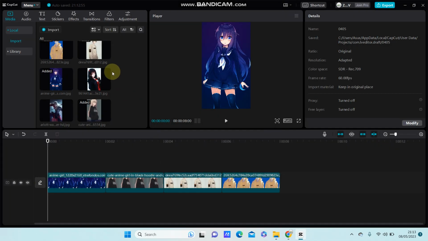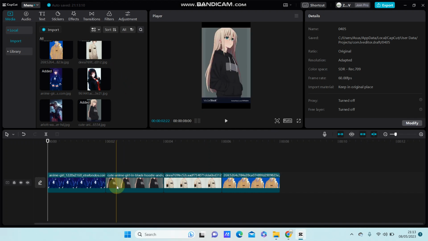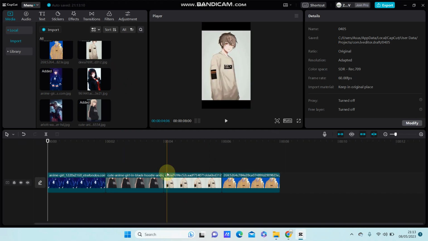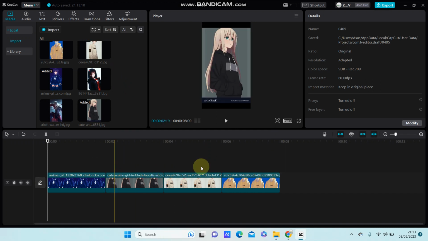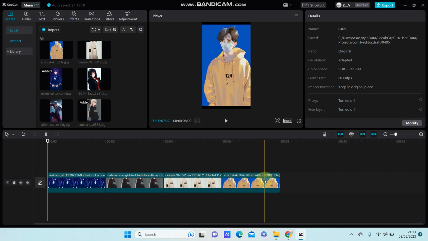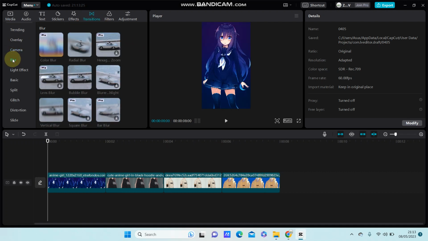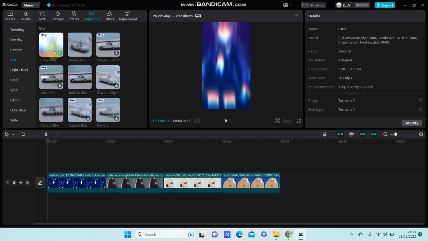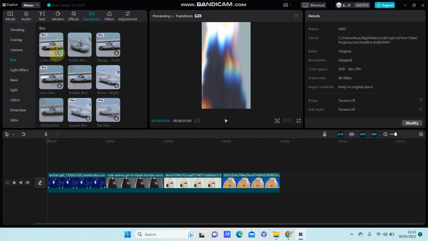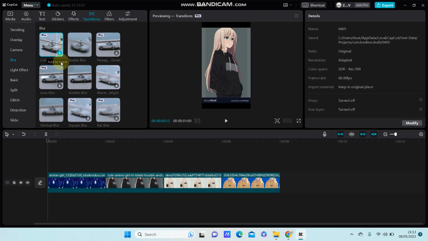So import your images, photos or videos you'd like to edit, and here I already have images to the right, sorry, and go to transition and select blur. You can find color blur, but this is a pro transition effect. You have to join properties to be able to use this effect, so just add it to the track after you download it,